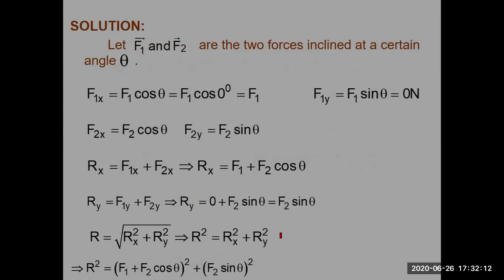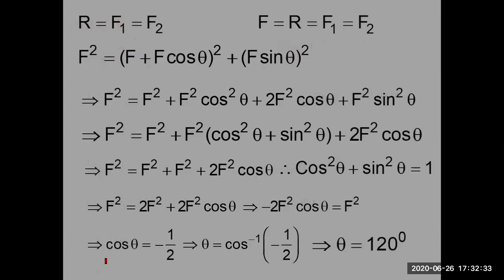Here is another example where all components are given. Again, you are calculating the horizontal component, then you are calculating the vertical component, and after putting the values, you are getting one horizontal and one vertical component. Then finally you will be able to calculate the magnitude and the direction. So here it is.